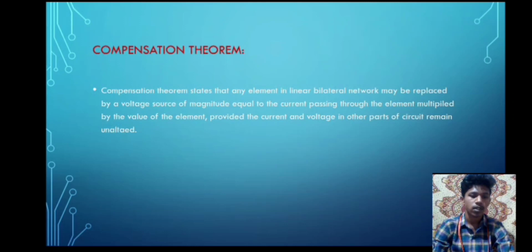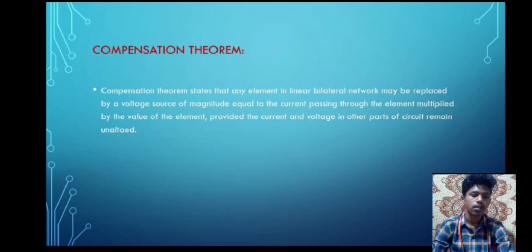Compensation theorem states that any element in a linear bilateral network may be replaced by a voltage source of magnitude equal to the current passing through the element multiplied by the value of the element, provided the current and voltage in other parts of the circuit remain unaltered. It means the compensation theorem states that if we take any element in a linear bilateral network, any circuit,